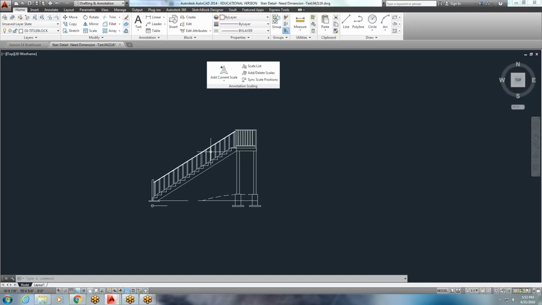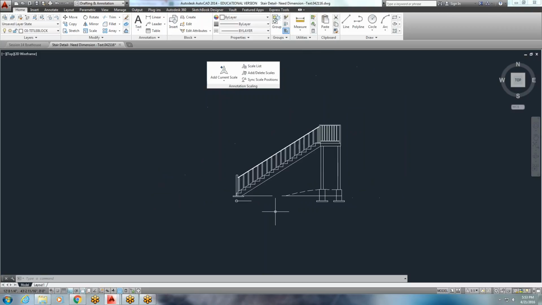This is that file that I'm telling you I gave you the entire stair. I did not make it a block because you can copy it easy enough by using your crossing window, and then you can use your clipboard and copy in the upper right hand corner, copy clip, and paste it into your drawing. And really I wanted it to be easier to manage. Sometimes blocks are harder until you explode them, and if you're just going to explode it anyway, I might as well give it to you as it is and just have you copy it with how it's going to end up being. So here I've given you everything on the stair,